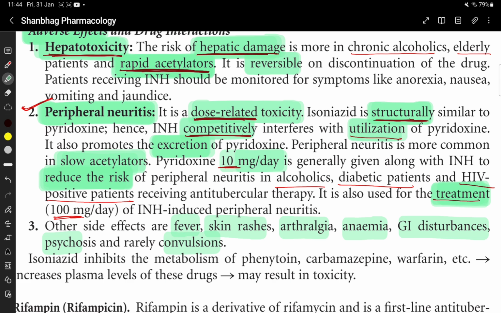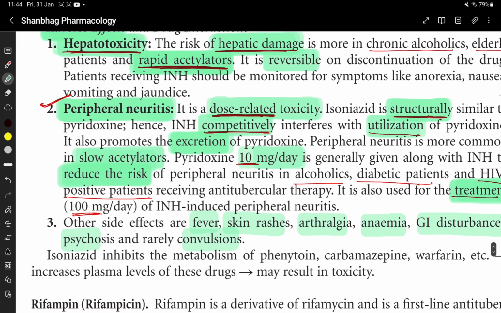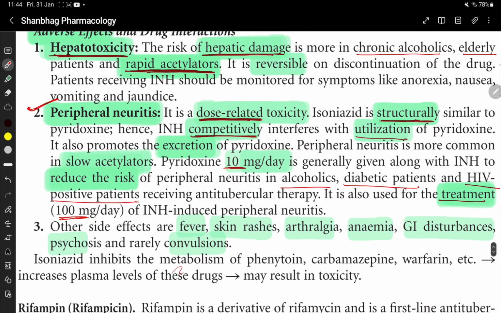Isoniazid inhibits the metabolism of phenytoin, carbamazepine, and warfarin, and increases the level of these drugs. So isoniazid के कारण phenytoin, carbamazepine, warfarin का लेवल इंक्रीज होगा क्योंकि इनका मेटाबॉलिज्म इनहिबिट होता है, and thus it results in toxicity. आइसोनियाजाइड के कारण फेनिटोइन, कार्बामाजेपिन और वारफेरिन जैसे ड्रग्स का टॉक्सिसिटी होगा।